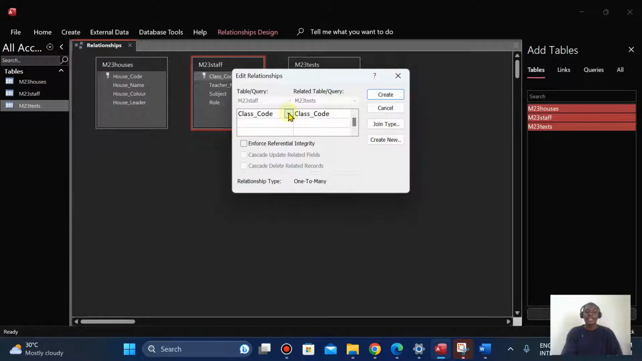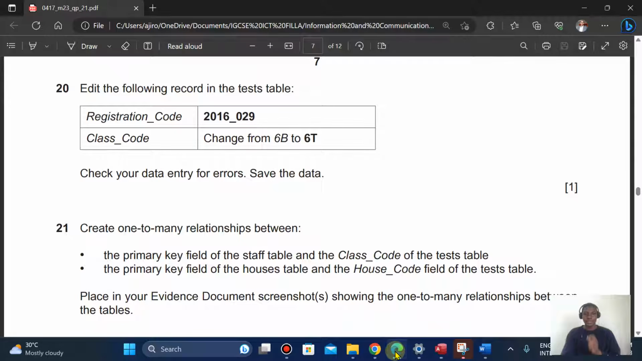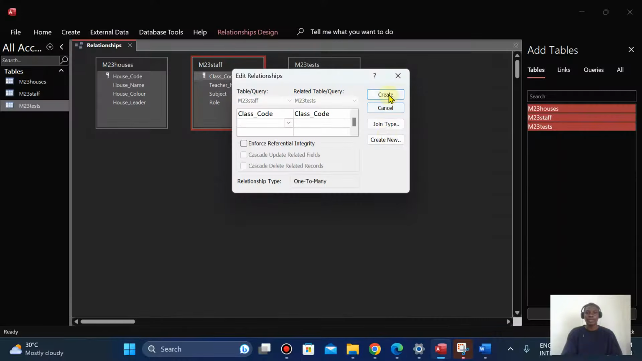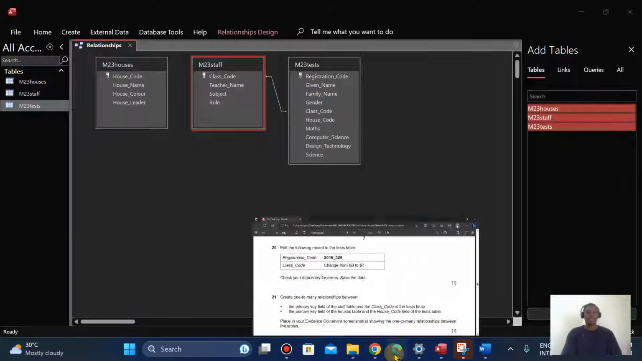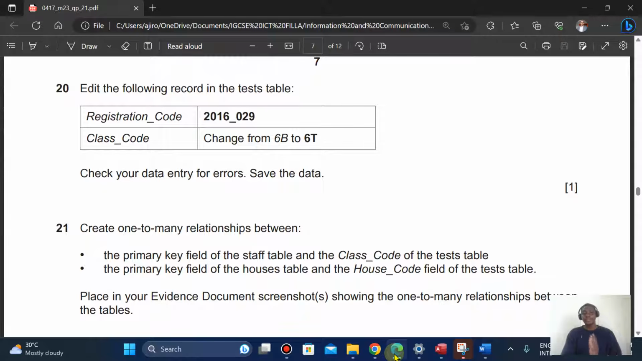And now don't forget, you can also change it from here. Probably you made an error somewhere. You can see that this is for the staff, this is for the test. You can also change it from here. So that makes it super easy, right? Now we're going to create this. So I'm going to click on create. Simple, right? The primary key field of the houses table